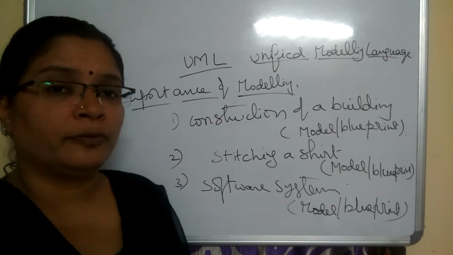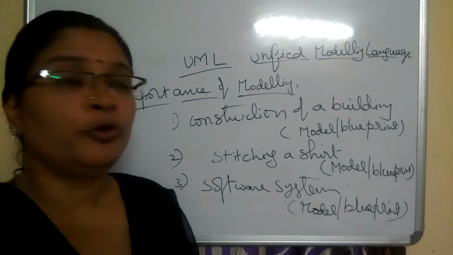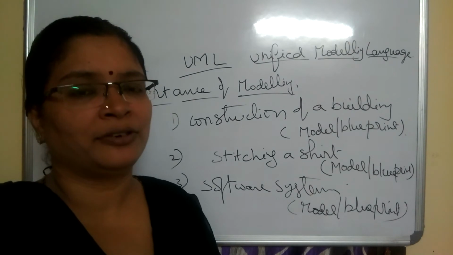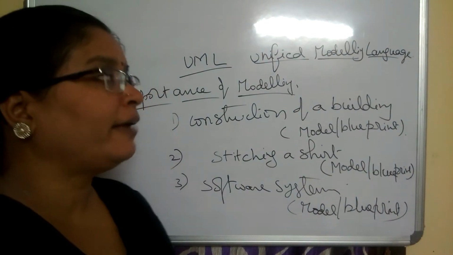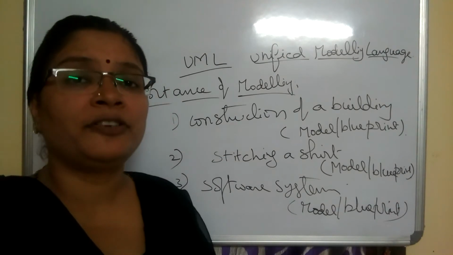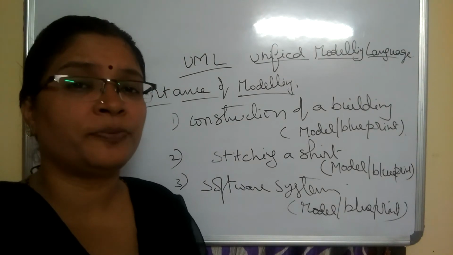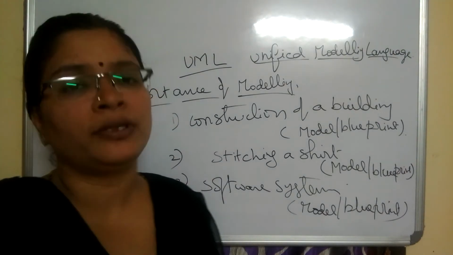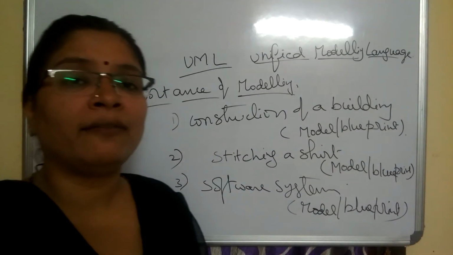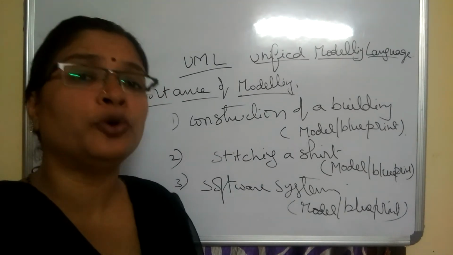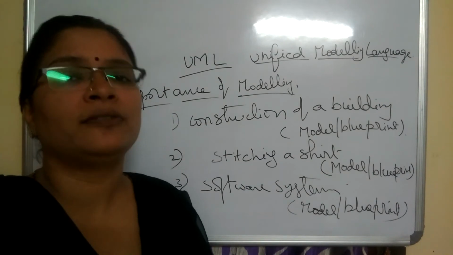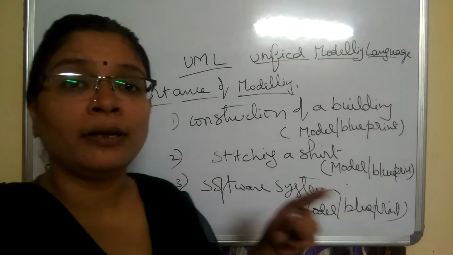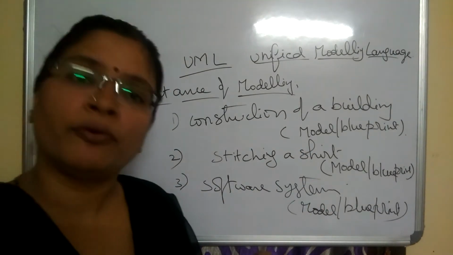For construction of a software system you have to use one kind of language that is called Unified Modeling Language. Unified Modeling Language is a graphical language which represents some graphics, relationships and symbols. Using that you can easily identify how to develop the software system. So this Unified Modeling Language is a graphical language which facilitates you to develop powerful software systems. That is the importance of the model. We see some other important things relevant to the modeling of a software system now.